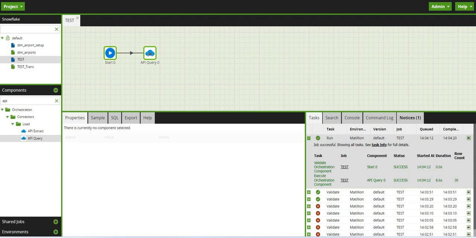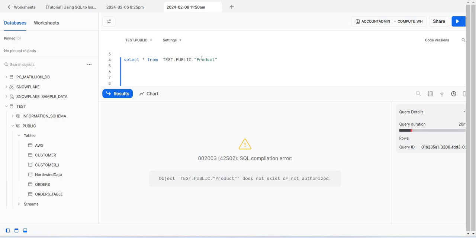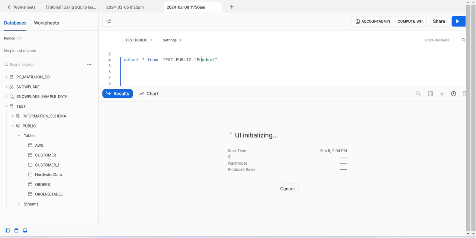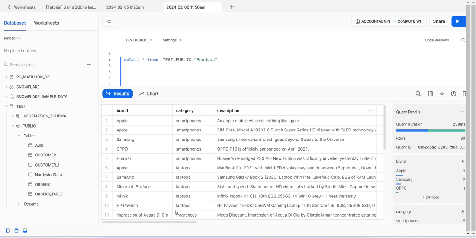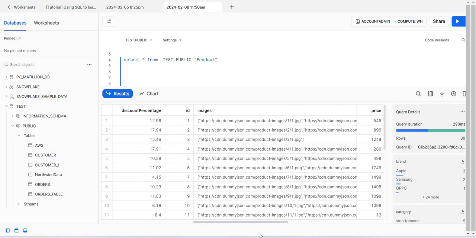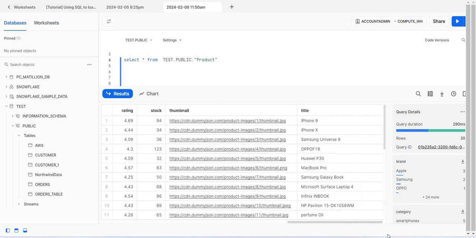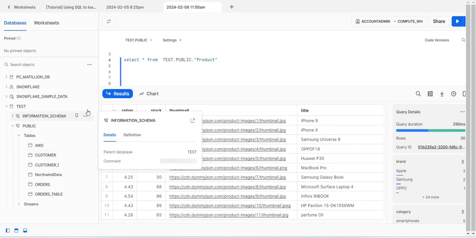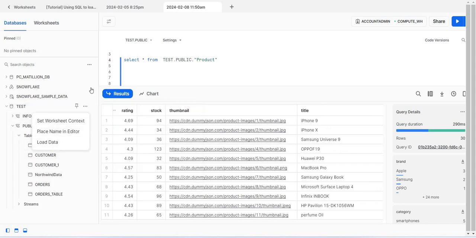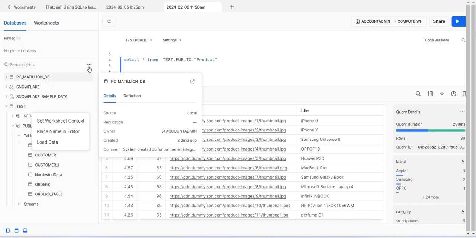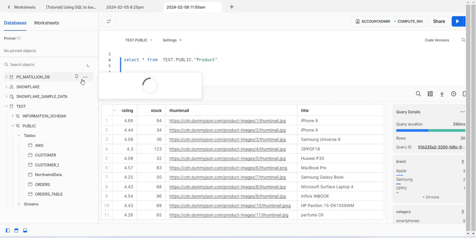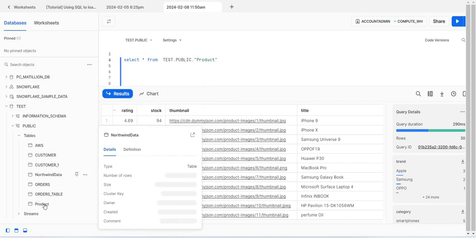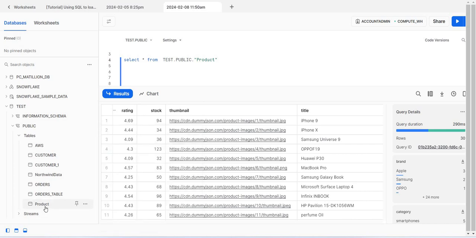It's verified. You can see the data is available now. You can see the table is created and the data is loaded.